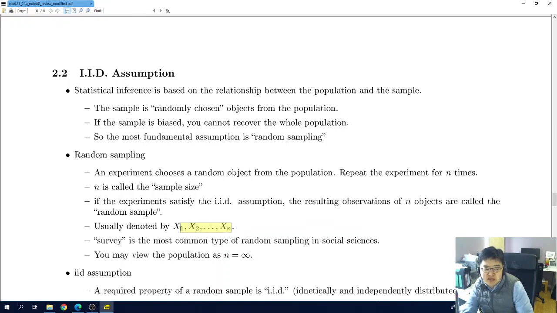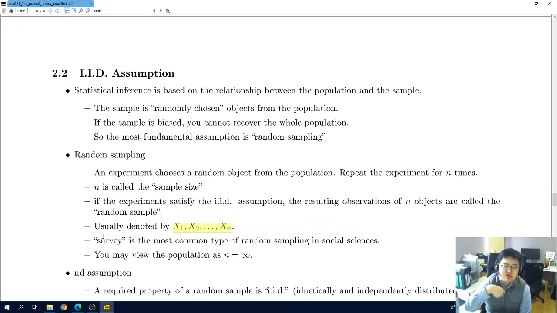So there are n observations, and we call that as a group, as a set, this vector of observations, the matrix or set of observations is called a random sample. So when you repeat the experiments according to the IID assumption, then the results make a random sample and denoted this way. And the best example to understand this is the survey. So choose a random person and ask about, like, income or education or job, where they live, something like that,